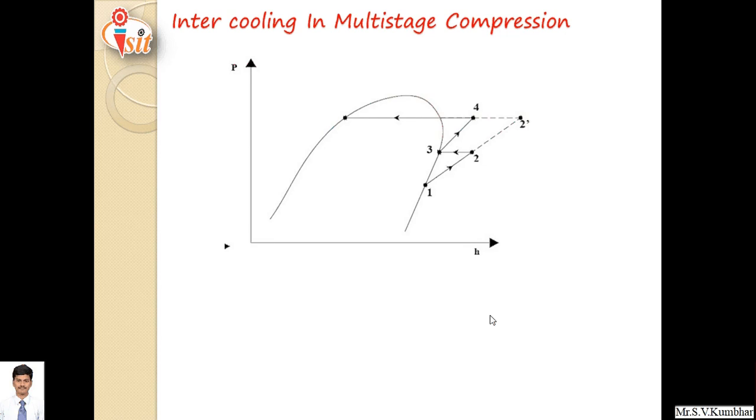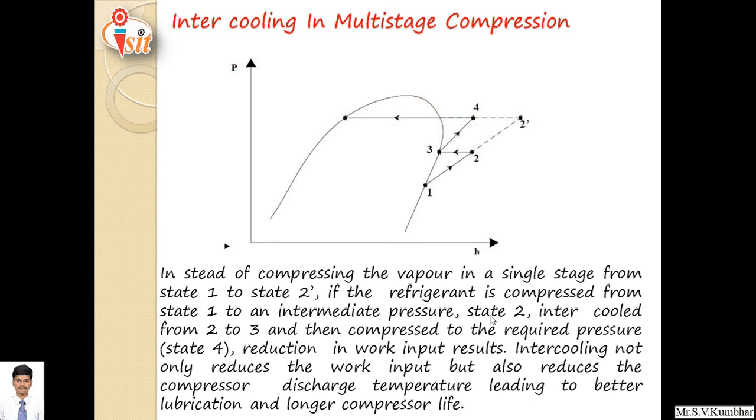Intercooling in multi-stage compression. So generally, why do we require intercooling? If we use intercooling, the work required to run the compressor decreases, right? So this is the p-h diagram. Instead of compressing vapor in a single stage from state 1 directly to state 2 dash, the refrigerant is compressed from state 1 to intermediate pressure 2 like this,